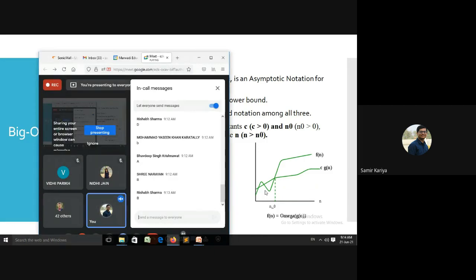If the input size n is something like 5 to 10, then it doesn't matter. It's simply a difference of 1 or 2 seconds. It might be possible that for less than n0, your definition will be wrong, or it may be reversed. For example, here g of n is greater than f of n, but after n0, the answer is different. So normally we are concerned only about the large input. We are not focusing on the small input. So we cannot say that it holds for all inputs, only for the large input.